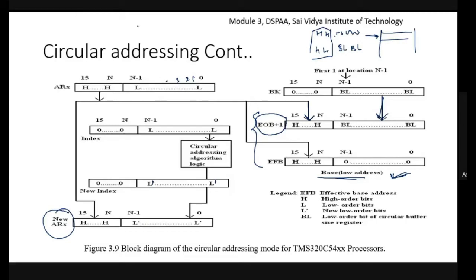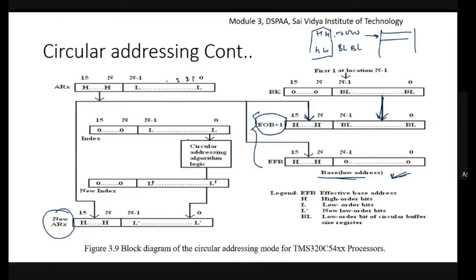Here we have ARX, new ARX, index, and new index. For the index, the higher order bits will be 0. For ARX, initially H and L will be there; after updating, H and L dash. Initially the index has 0 and L; after updating, 0 and L dash.